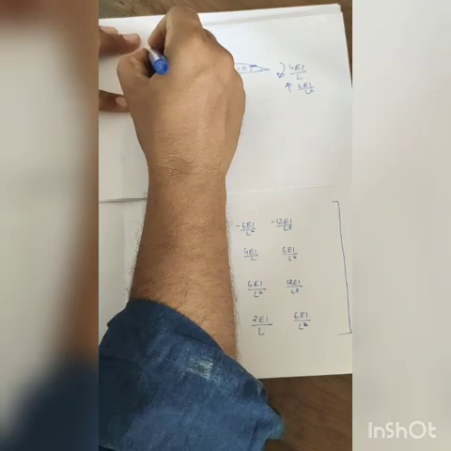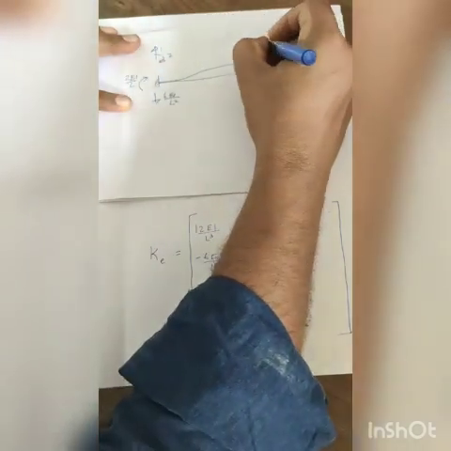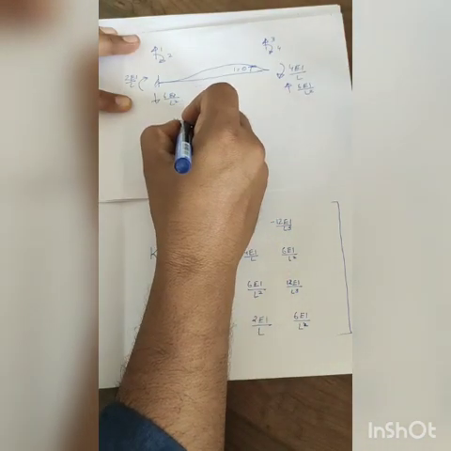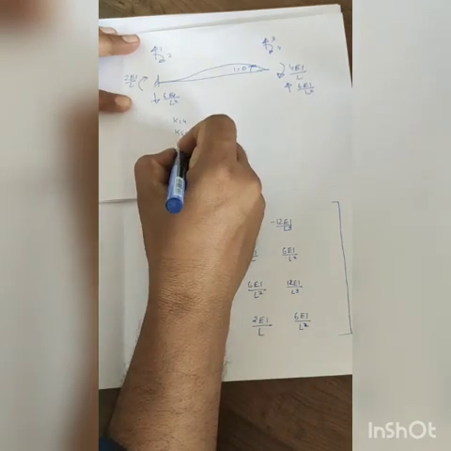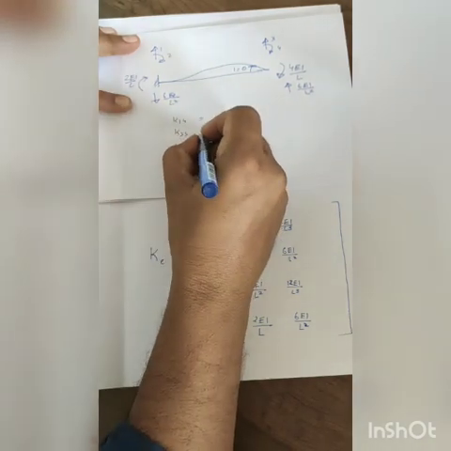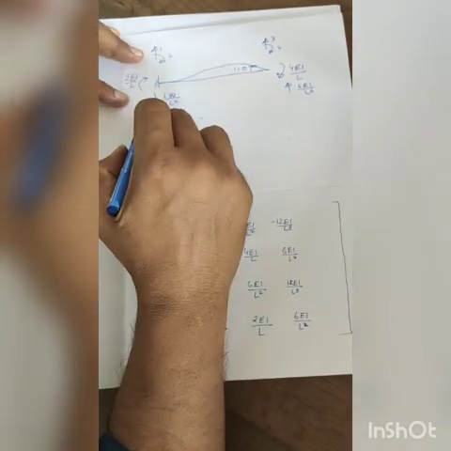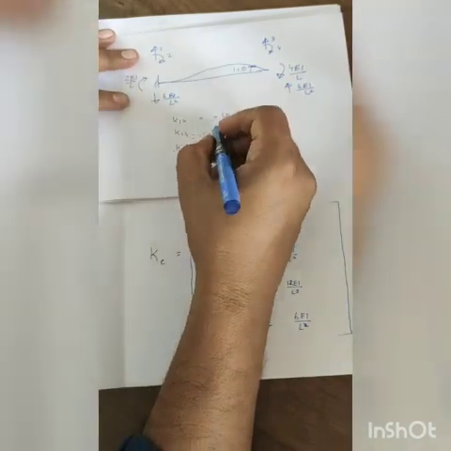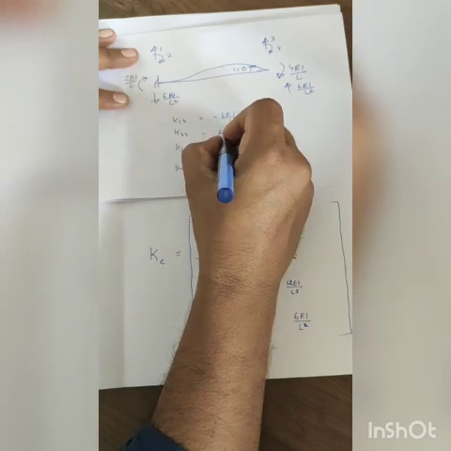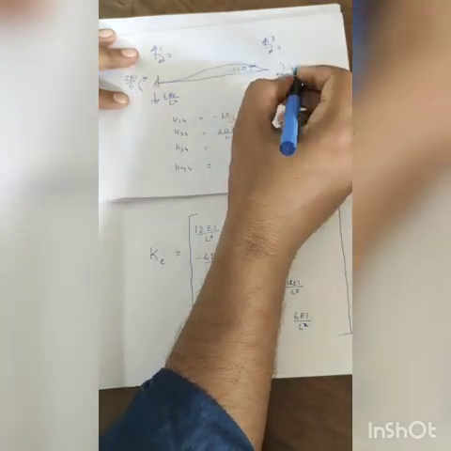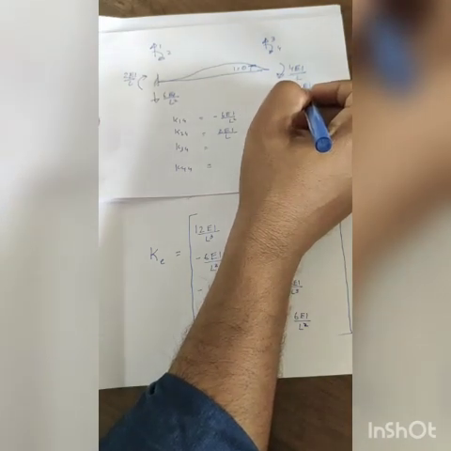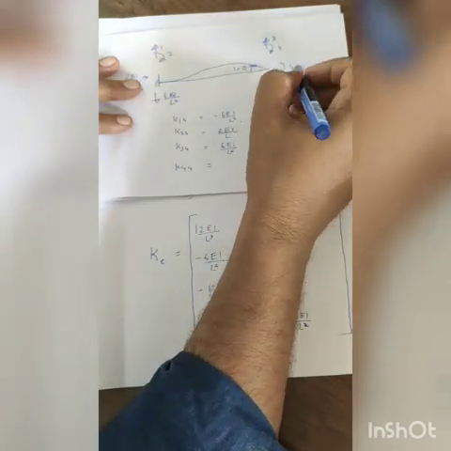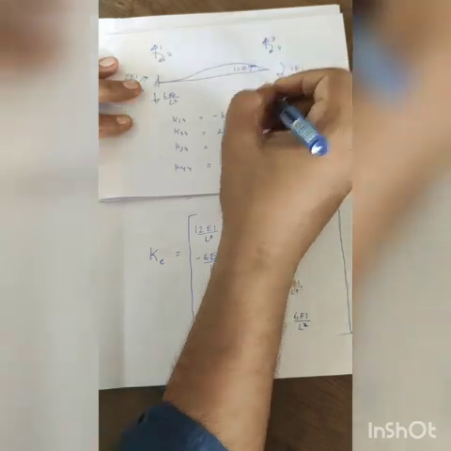Now you have to see that upward 1, clockwise 2, upward 3, clockwise 4. Now we are going to write K14, K24, K34, and K44. So K14, we have to look at the first ordinate. It is in the downward direction, so it is negative, that is minus 6EI by L square. K24 is in the clockwise direction, that is 2EI by L. K34 is in the same direction, the reaction is 6EI by L square upward only, so it is positive 6EI by L square. And K44 is the clockwise moment, that is 4EI by L.